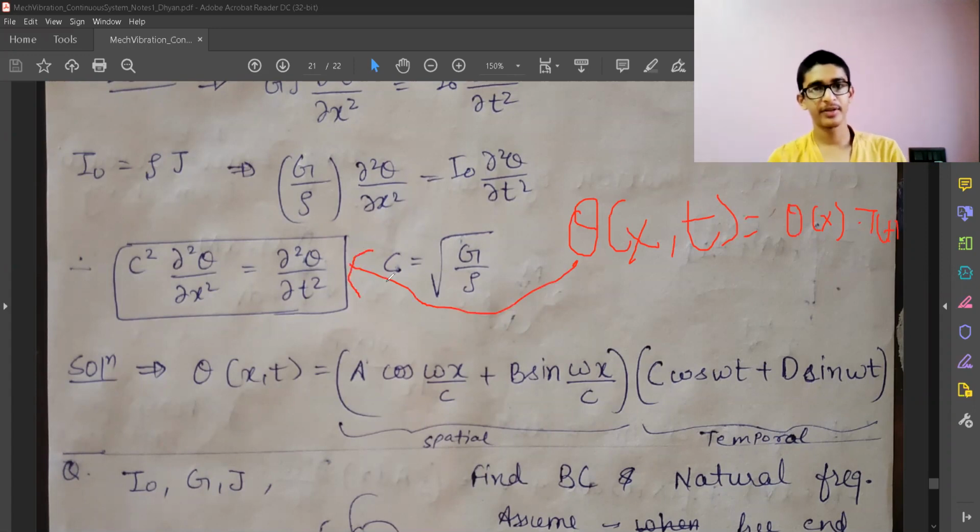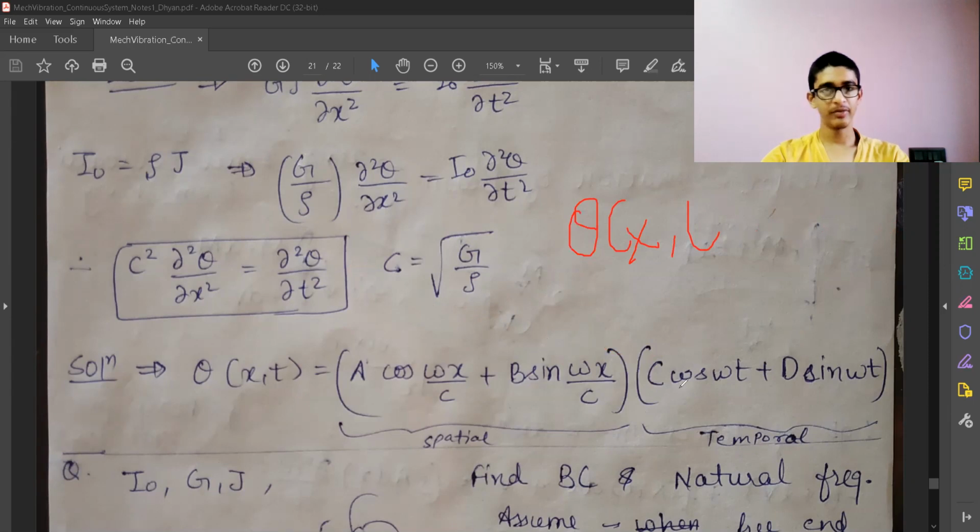Then I'll get temporal terms and spatial terms separately in second order form. So I have converted the second order partial differential equation, after substituting, into two second order ordinary differential equations. Then these are equated to omega square. I can separate these equations, and since they are decoupled, I'll get the solution directly, and this is the final solution which I have compiled. So theta of x is over here and T of t is over here. This is the same equation which we have been getting since long ago. So this is the solution, spatial terms and temporal terms.